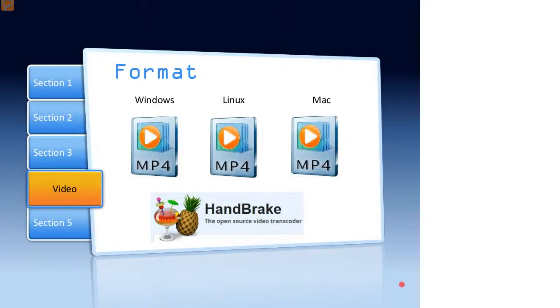I'd like to hear from you guys. What do you use for your captioning? There we go. And Gareth is saying he uses VLC. I've actually got VLC as well. I use that one at home too. What do you use for your captioning? And what do you use for your converting of files?